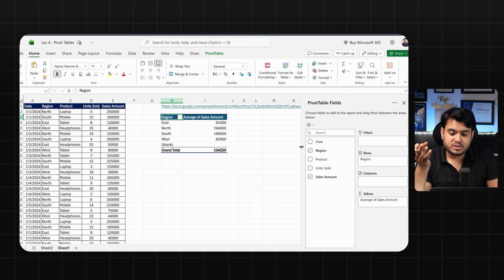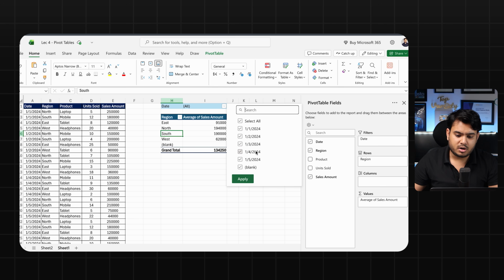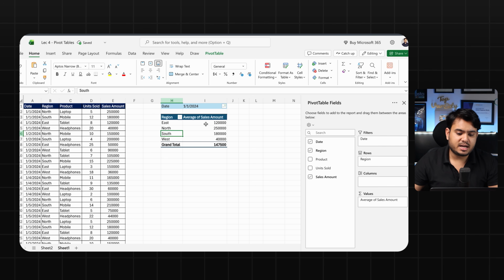For example, I want to see the sales amount for the region date wise. Now I want to put date as a filter into my table, so I am putting date as a filter. Now from here you can select whatever date you want. Let's say I am selecting this date. This is the first month of 2024. I am selecting this and it is showing me the average sales amount for the month of January in 2024